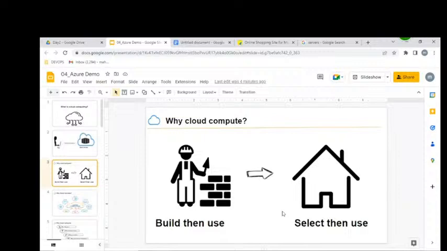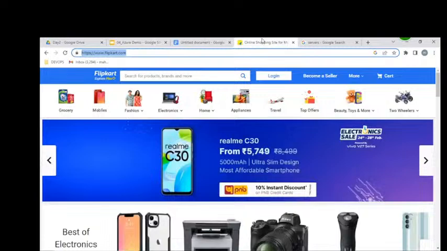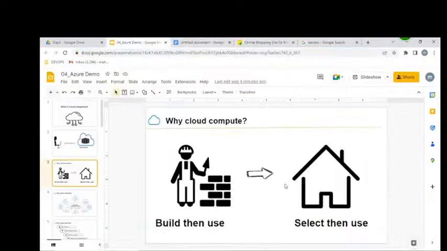Purpose is reaching a railway station. Okay, fine. The same way, just for deploying our applications, Flipkart kind of applications, are you going to buy a server? Or else are you going to book a rental server? Which is easy for you?